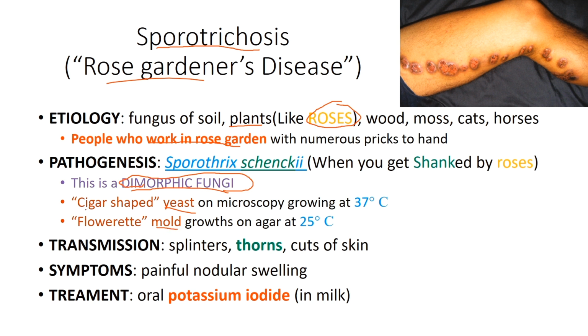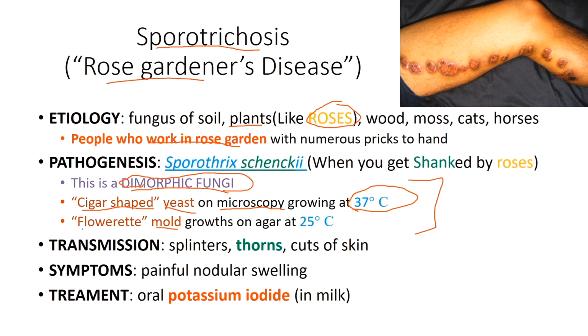So for Sporothrix schenckii, when it's in the yeast stage, it forms these cigar-shaped yeast on microscopy. So they look like cigars. This grows at 37 degrees Celsius. This is so high yield. Like, if I were to ask you a hard question about this, a third order question, you're asking about this particular